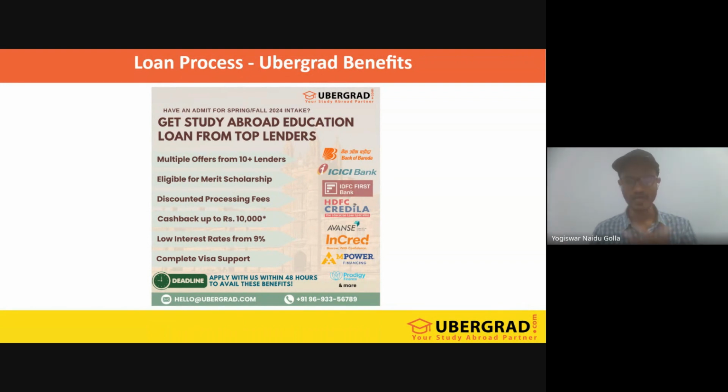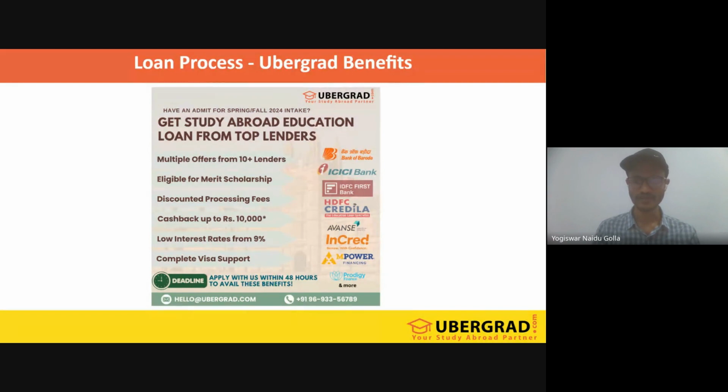We also have a merit scholarship going on for spring 2023. For the merit scholarship, we are going to give a flat 3 lakh rupees to a person who is academically good, has been placed in a good college, and is a scholar. Based upon these considerations, we founders will judge your profile and pick up to 5 people who are good candidates for the education loan merit scholarship.